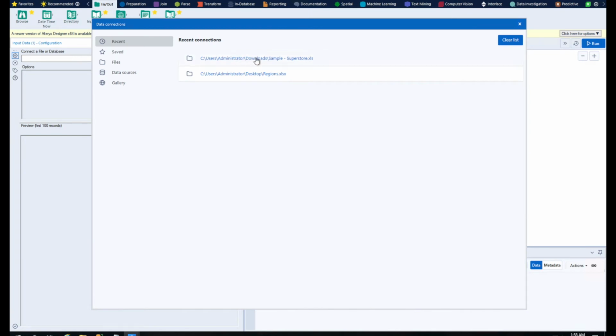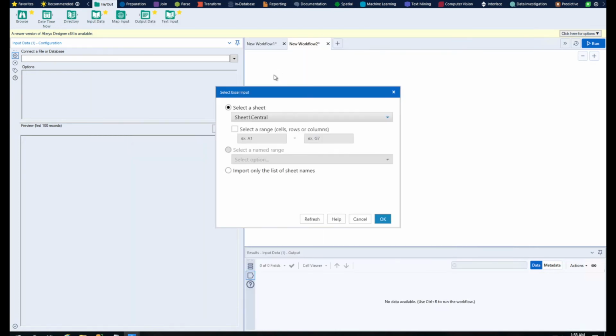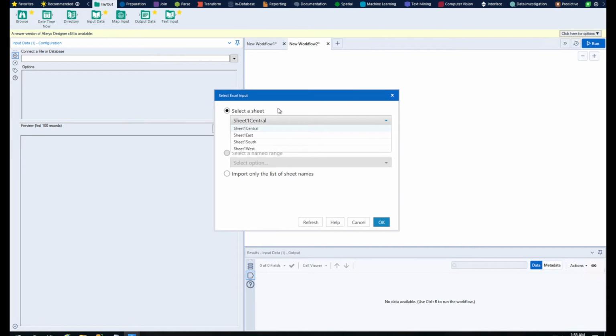In this case I have a regions xlsx file which has multiple sheets. You see it's the same orders data, but I have created 4 different sheets with region names, and I know the data structure will remain the same. In such cases, where you know your data structure is going to be the same, you can use this functionality, which is very important.